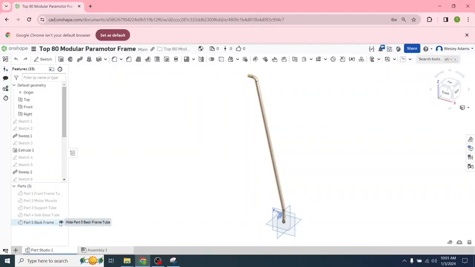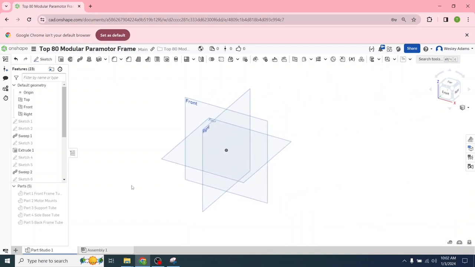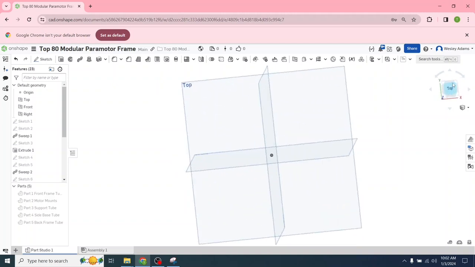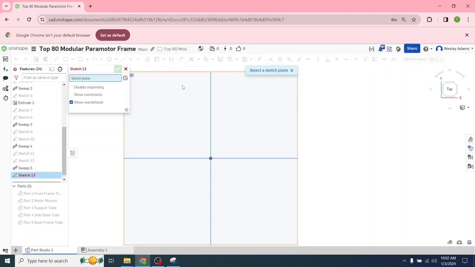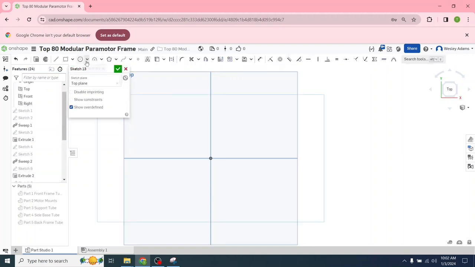Turn off part 5. That's what we created last time. Let's create part 6. I'm actually going to create 2 parts from this, but let's go ahead and start with the top plane. Left click on sketch, left click top plane,